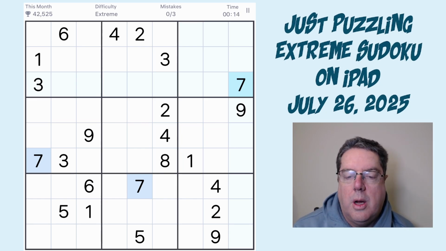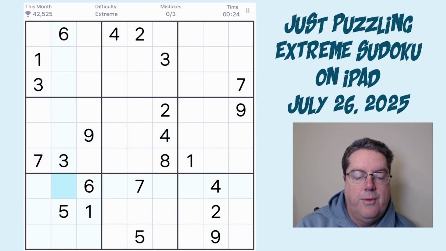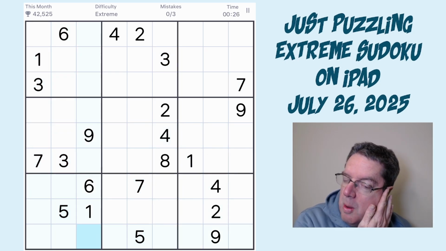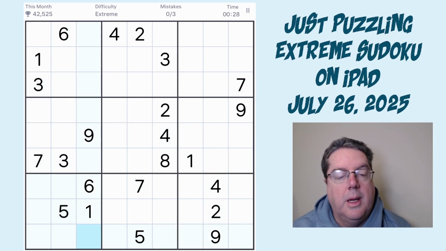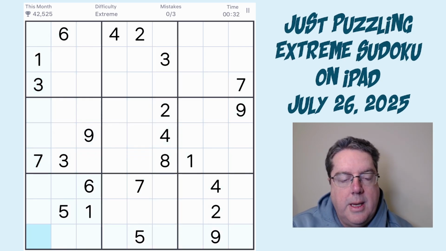Let's get into it. I try and do it without notes. Generally I fail, and so, yeah, that's what happens. And from there, I do my best to try and show you what I'm seeing. Anyway, hope you enjoy. So coming down here, we can see a 3 comes down here, 3 comes down here,